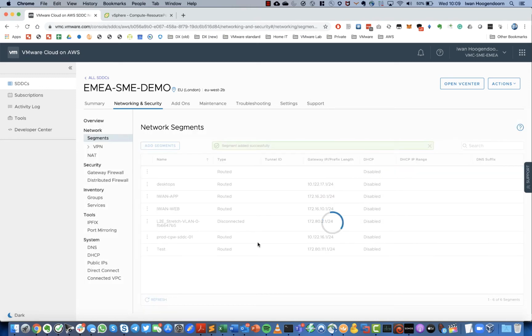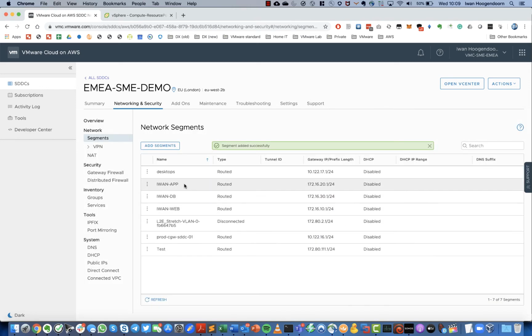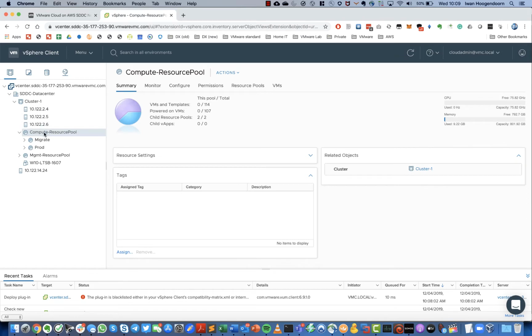and those are my networks. So my 3-tier networks. One for web, one for app, and one for database. Is there anything more I need to change right now? No. Let's start with deploying the actual